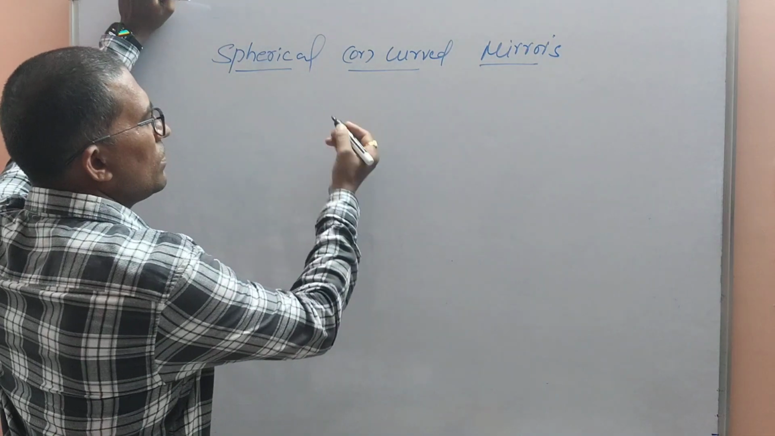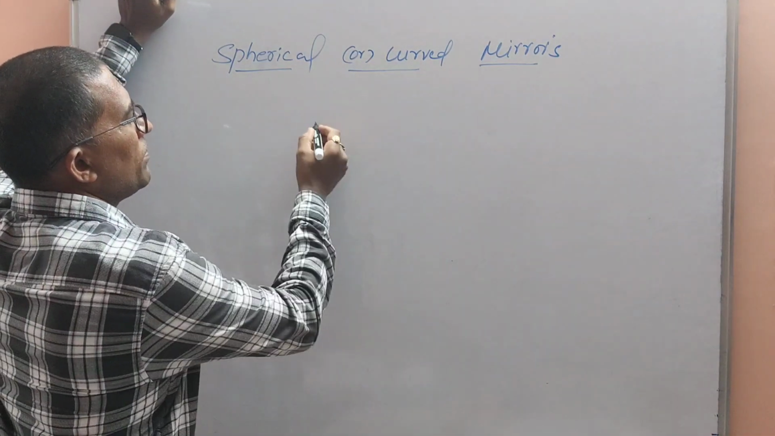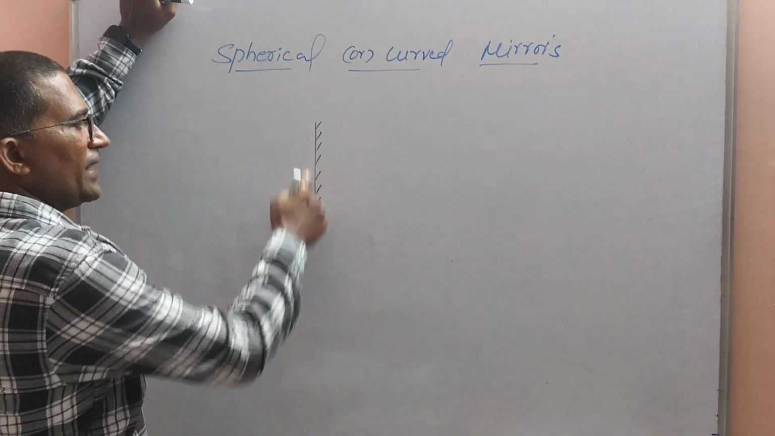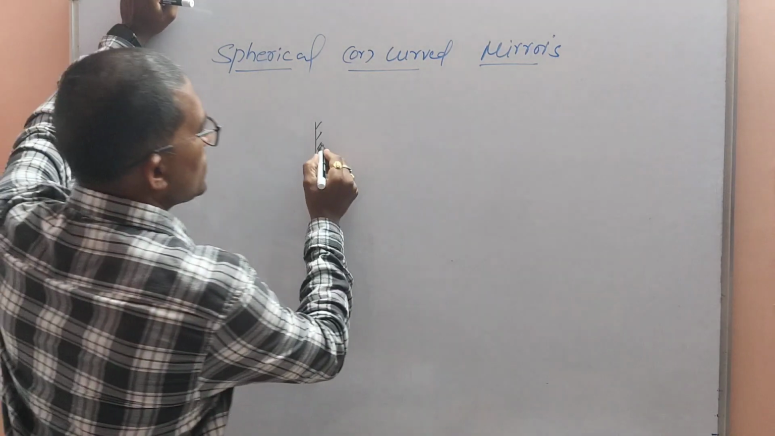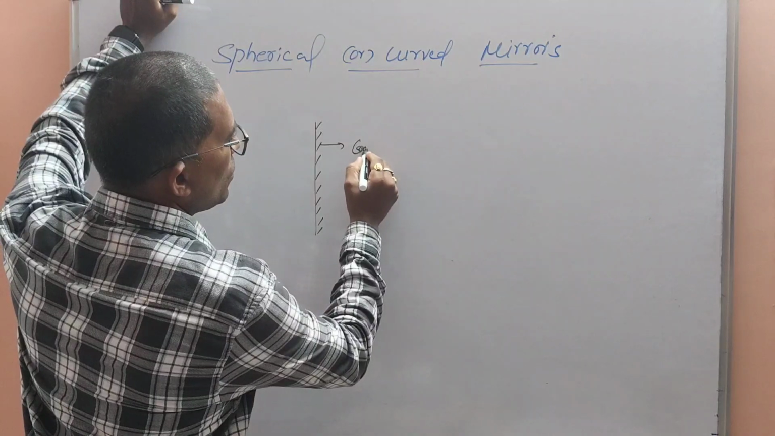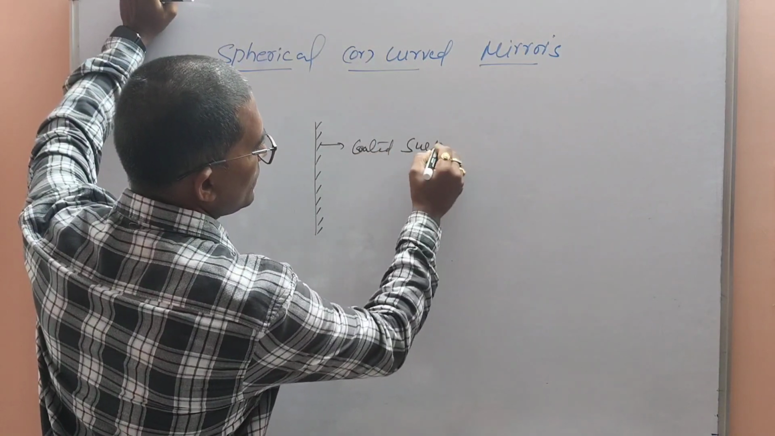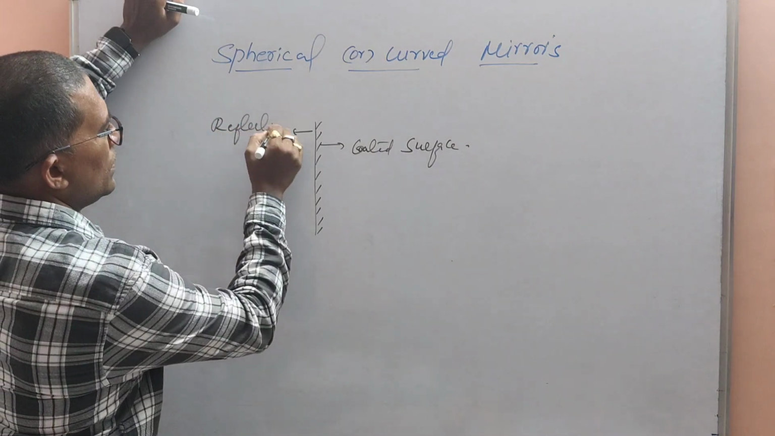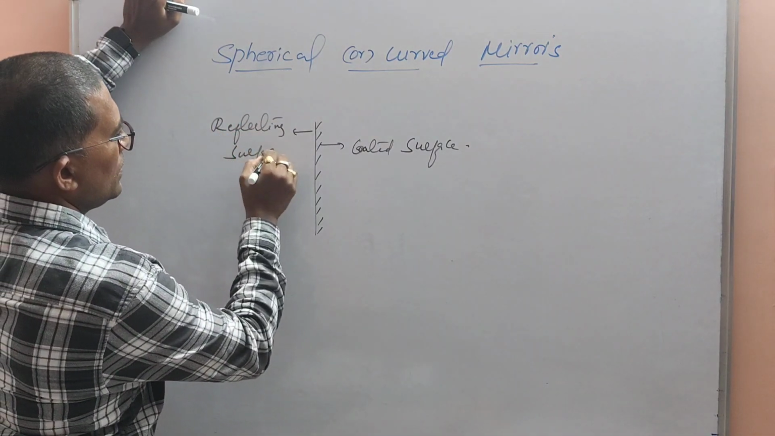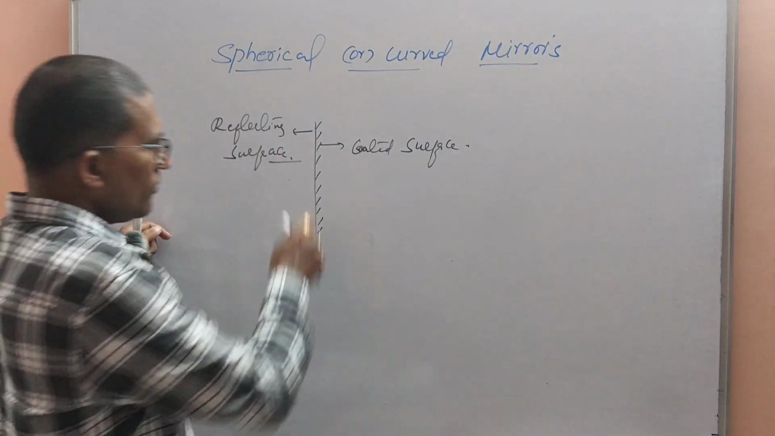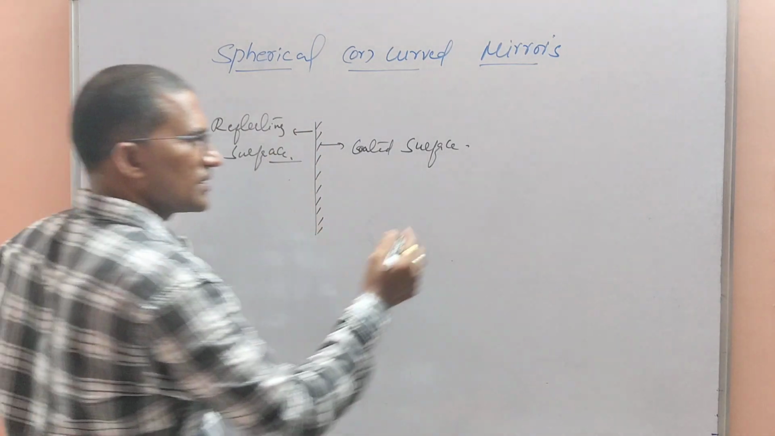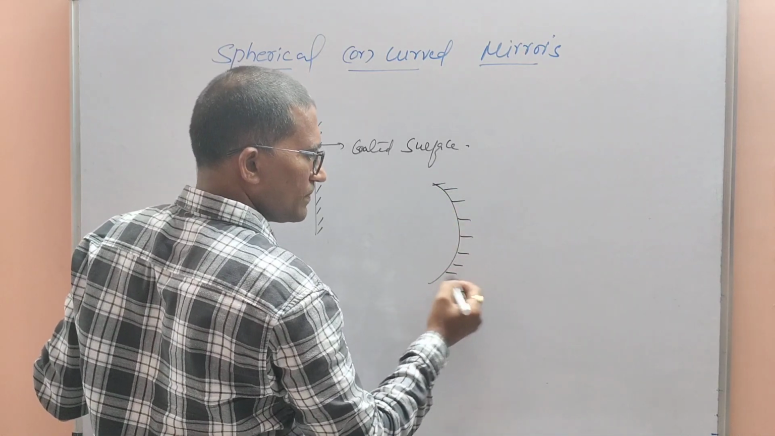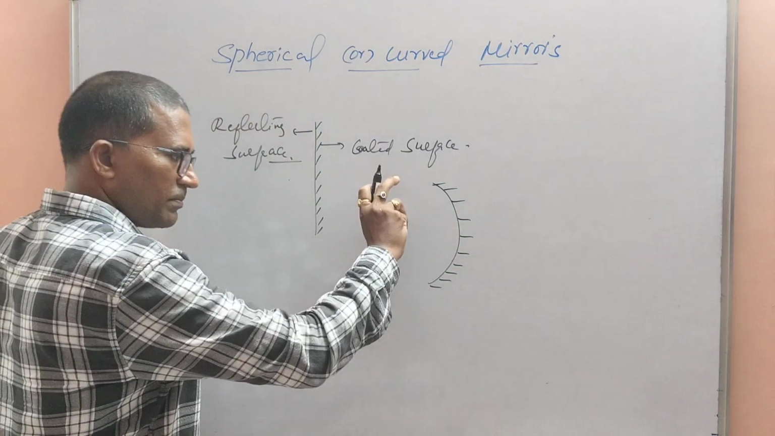We know about a plane mirror. Now this is a plane mirror, which has a flat reflecting surface. As you know very well, this is called a coated surface and it is a reflecting surface. Now if this surface is bent or curved, either inwards or outwards,